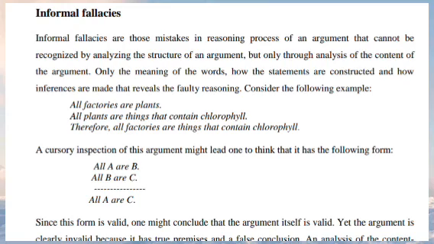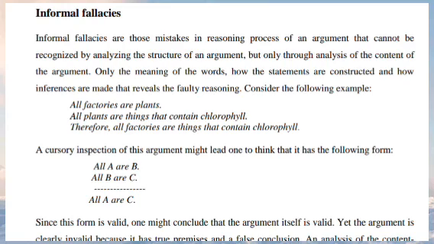So let's just start by saying an example. For example, all factories are plants. All plants are things that contain chlorophyll. Therefore, all factories are things that contain chlorophyll. አሁን ይሄን ኤግዛምፕል ስናይ በስትራክቸር እንይብንል እንደ ፎርማል ፋላሲ ፋክተሪን A ፕላንትን B ብንል all A are B ከዛ ፕላንት ደግሞ መልሶ all plants are things that contain chlorophyll በሚለው all B are C ይሆናል። all A are B all B are C. So ኮንክሉዥኑ ደግሞ all factories are things that contain chlorophyll ነው አይደለ? So all A are C ይሆናል ማለት ነው ኮንክሉዥኑ።